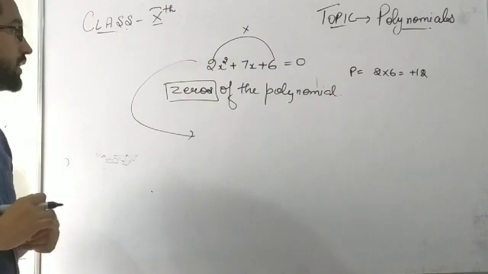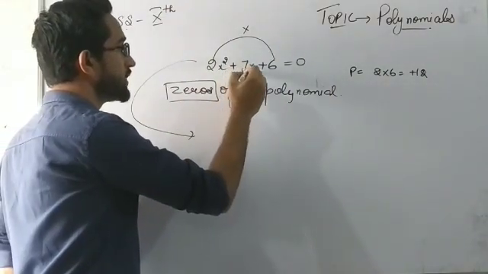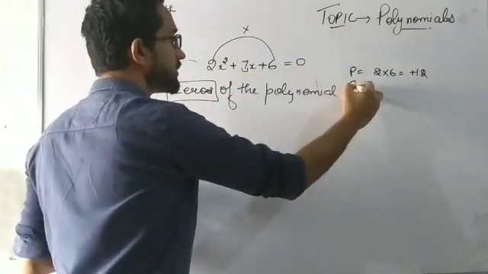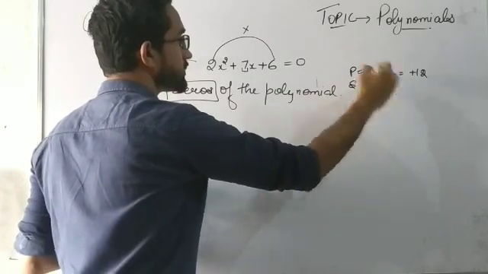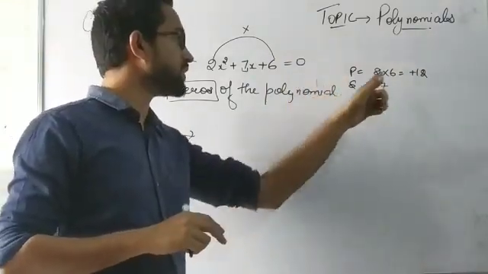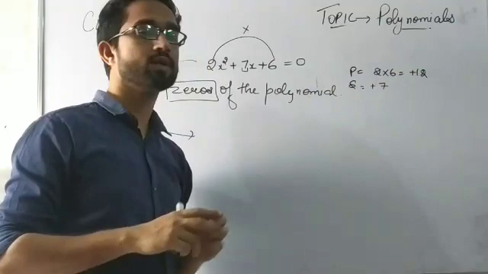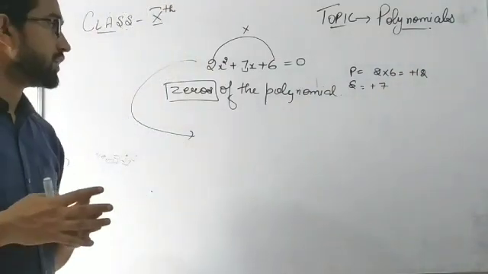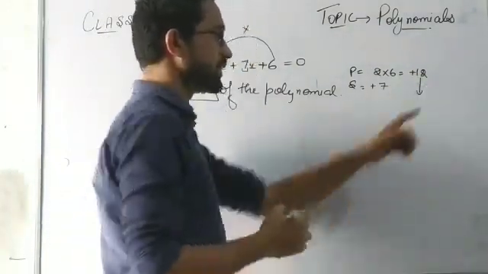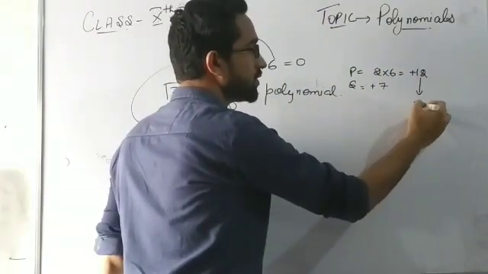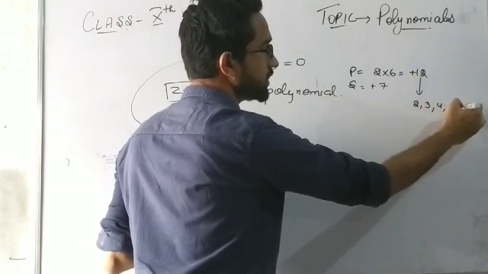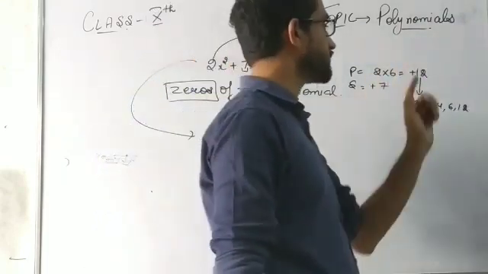Similarly, we have to see the center term that is having x raised to power 1 with it. We can call it the sum term, and it is having only plus 7. So here we will try to find two numbers which have product 12 and their sum is 7. The trick to do this is that you will factorize this product in terms of its prime numbers. That will be 2, 3, then 4, 6 and 12. So these are the numbers which are the factors of this 12.